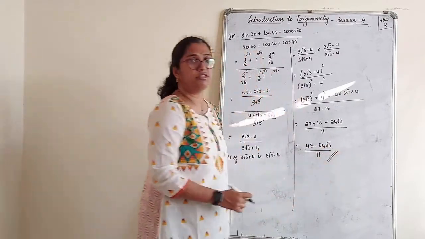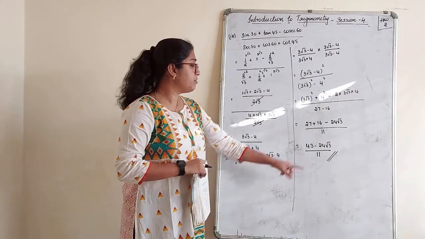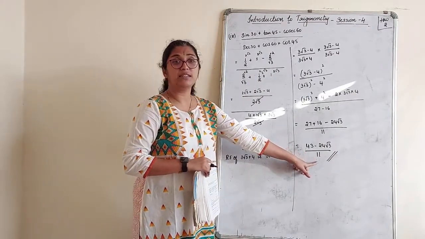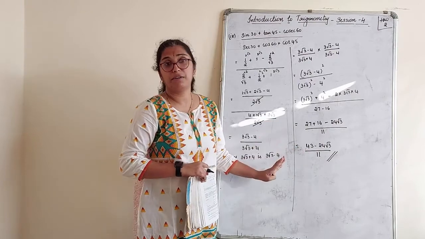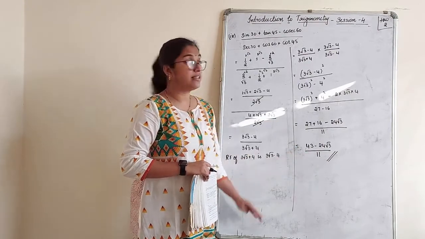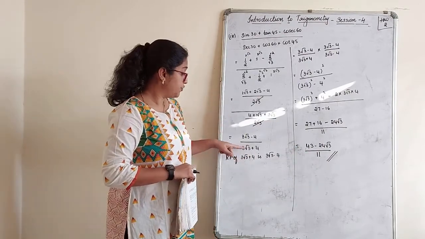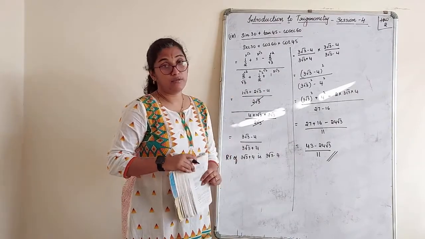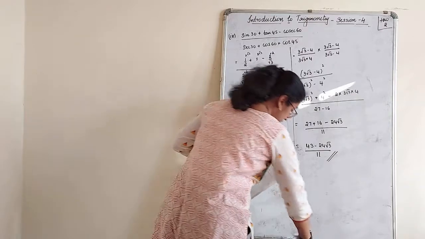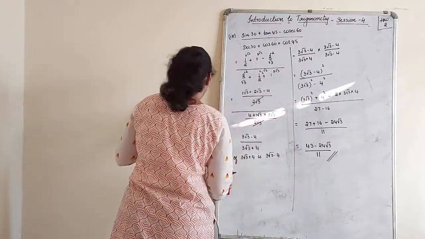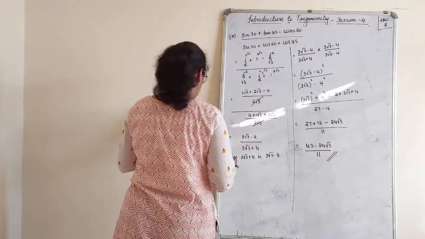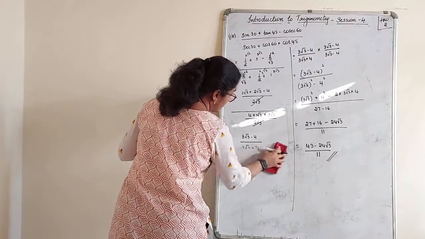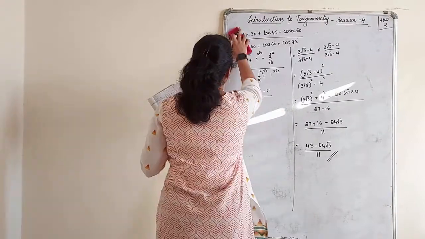And this is your answer. Numerator can be anything. You can't simplify this further. But the denominator is a rational number. That's the perfect answer. So this is the final answer for this question. But if you stop at the earlier step, you will not get full marks. So very clear. This is how you have to solve it. Last one in the first main. Then we have two, three more mains to go. A very simple exercise.